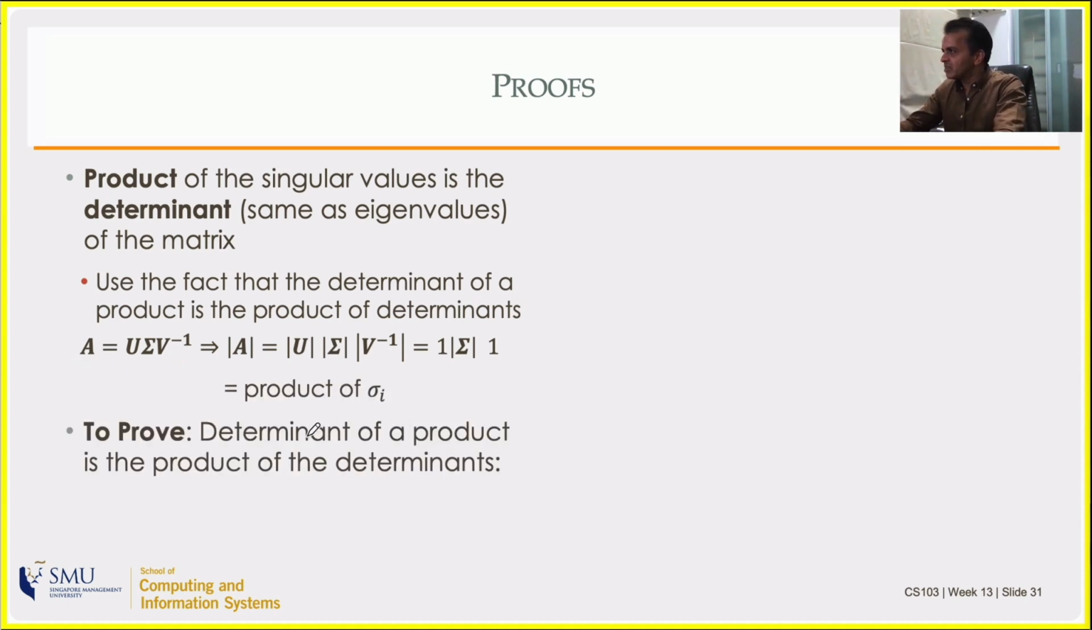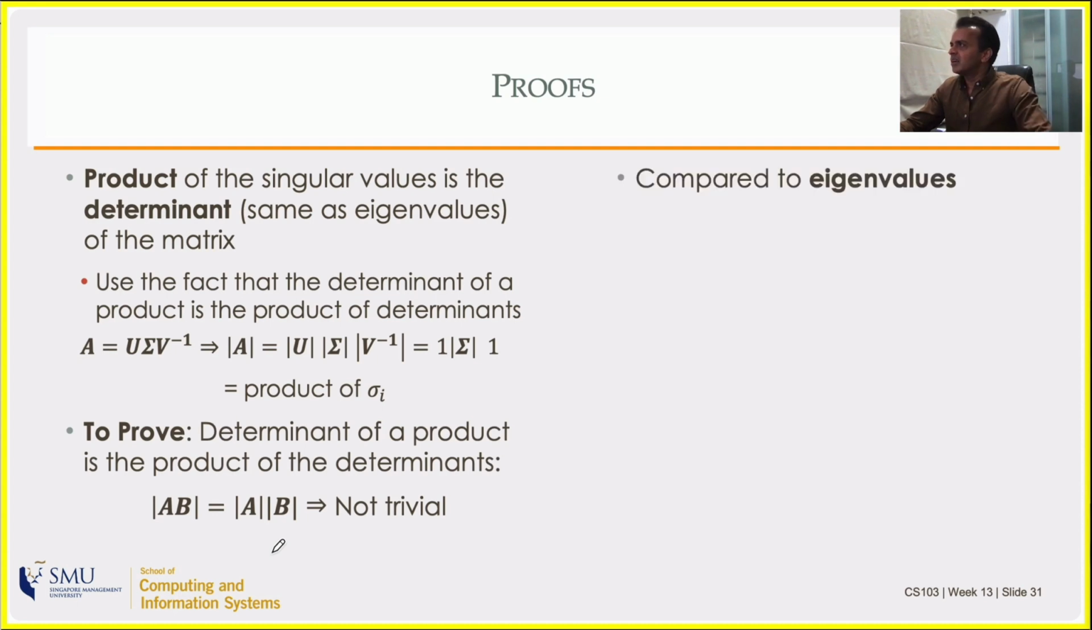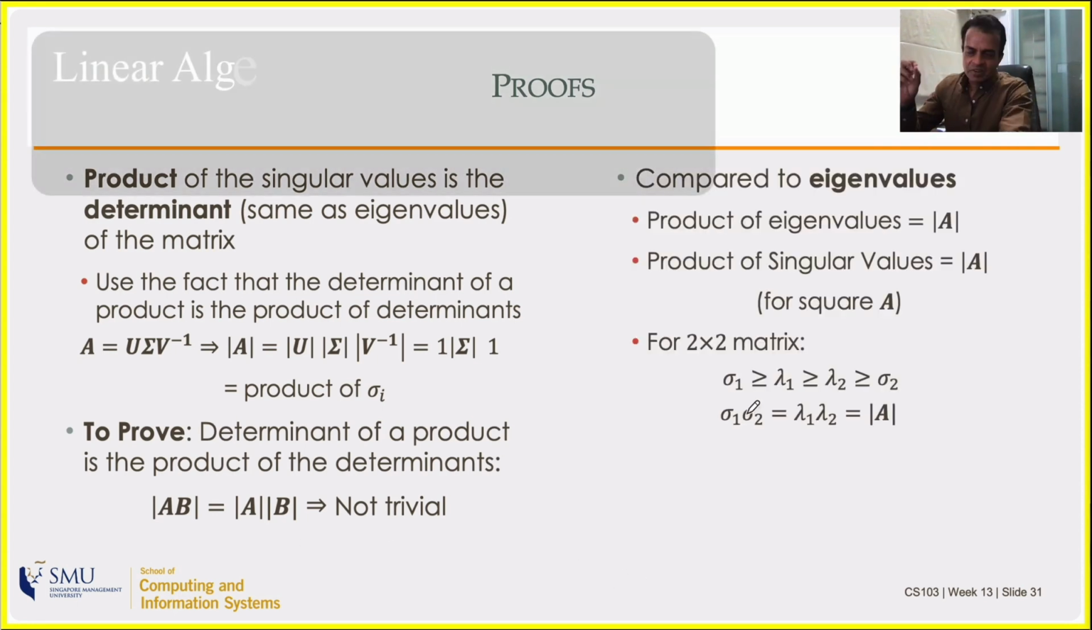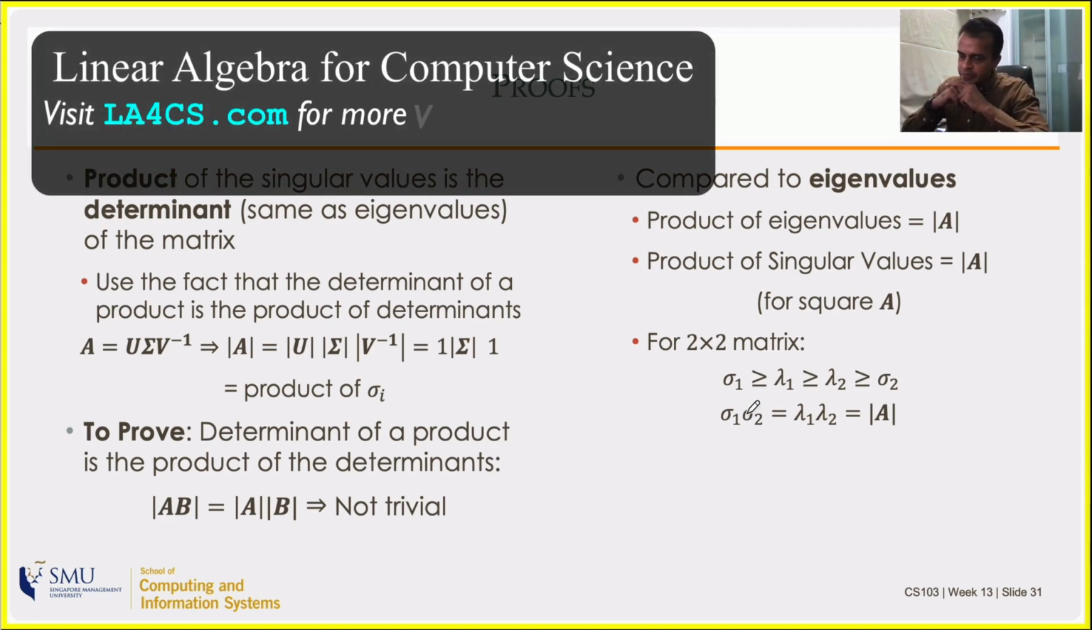We never really proved that the determinant of a product of matrices is a product of the determinants of those matrices. The determinant of AB is the determinant of A times the determinant of B. That proof is not trivial. I think that is a bit involved. So another one for a 2 by 2 matrix, but there is one more thing. The singular values are going to bracket the eigenvalues. Now let's